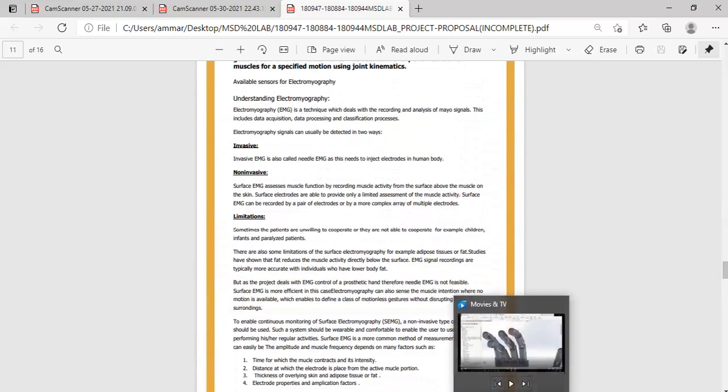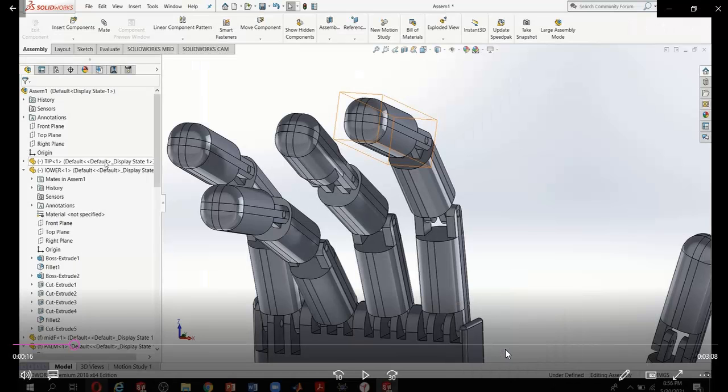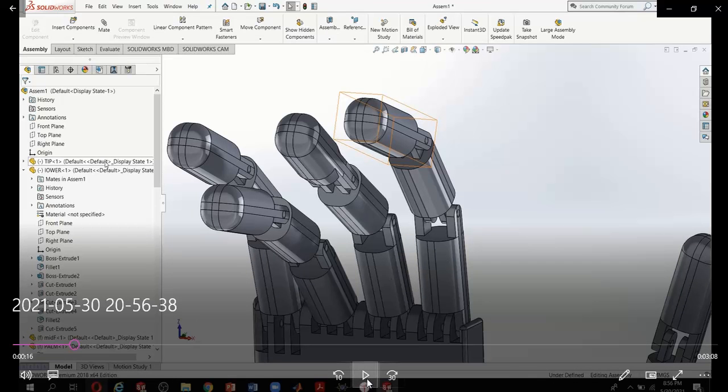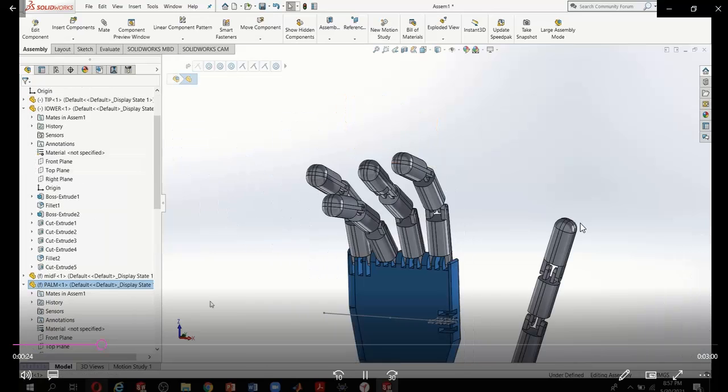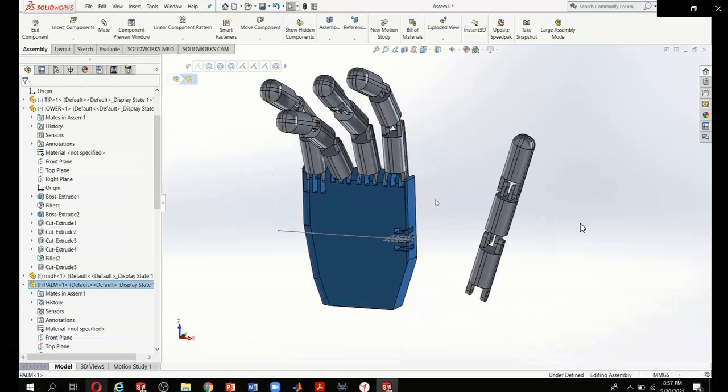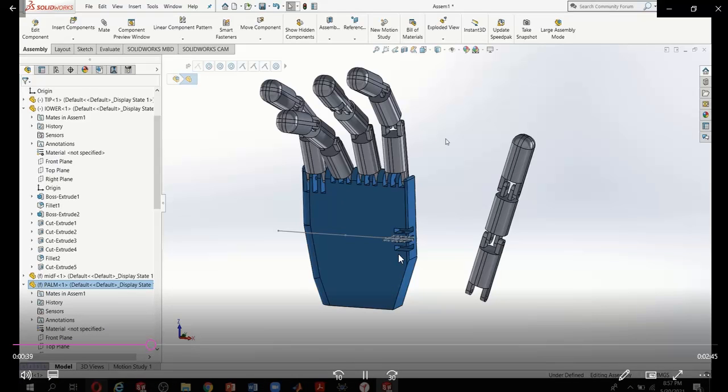So coming to our main part, which is our CAD model. This is a screen video of our model. I'm going to show you more about it in the next video, and we have also been discussing it in the lab. So this is our main prosthetic arm. We have designed some of it, but this is the main hand, you can see.